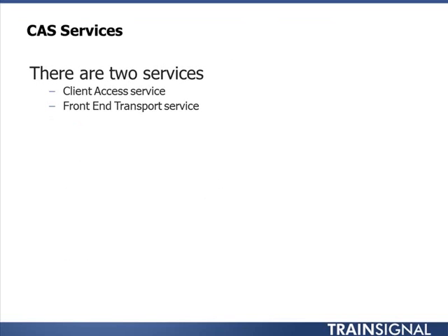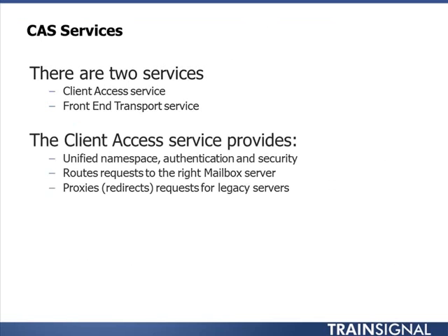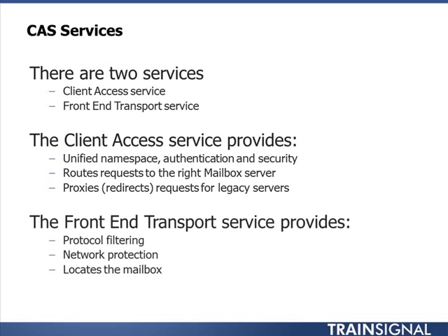Now, we mentioned that there are two services, the client access service and the front-end transport service. So if we look at the client access service, this provides the unified namespace, the authentication, and the security. It routes requests to the right mailbox server. It proxies or redirects requests for legacy servers as well. So when you're in the middle of a migration and you might have additional servers in the mix, let's say you have Exchange 2007 or Exchange 2010 mailbox servers that you still have in your environment, the client access service is what helps the client access server to redirect that request toward legacy servers. At the same time, we have the front-end transport service, which provides, as we said a moment ago,